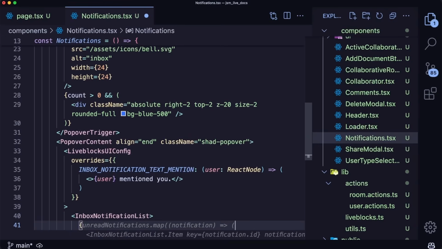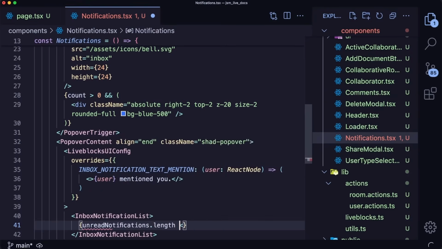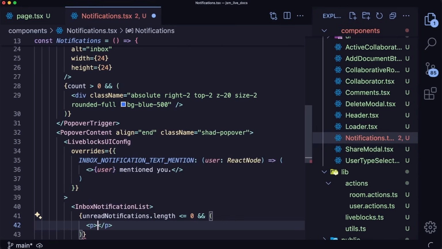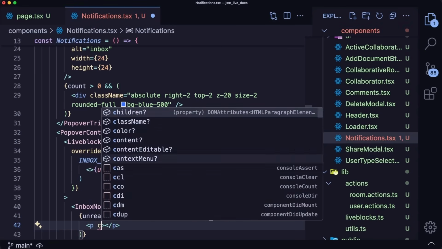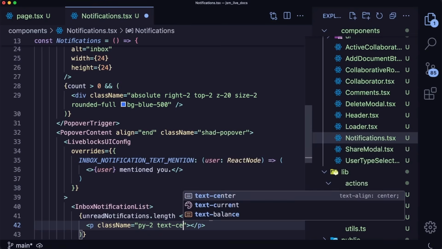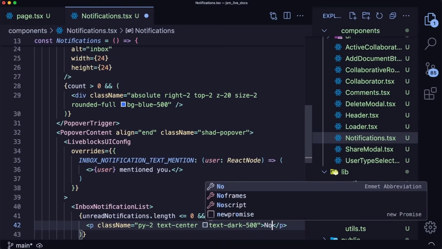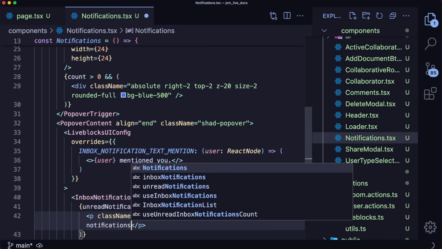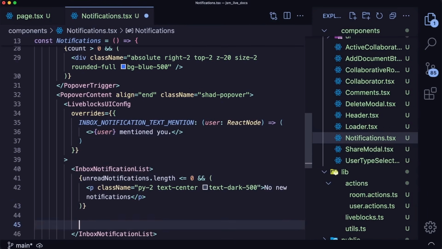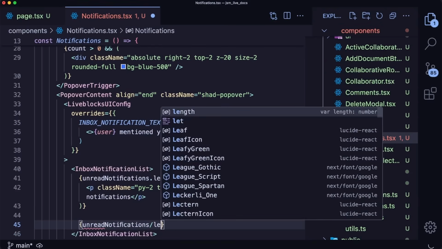And in there, we can check if unread notifications.length is lower than or equal to 0, then we can render a p tag with a class name equal to padding y of 2, text-center, and text-dark of 500 that'll simply say no new notifications. But if we do have the notifications, we can say that right below. So we can say unread notifications dot length